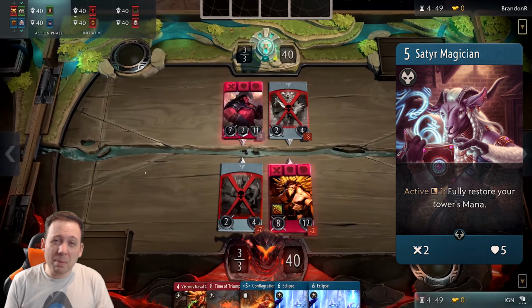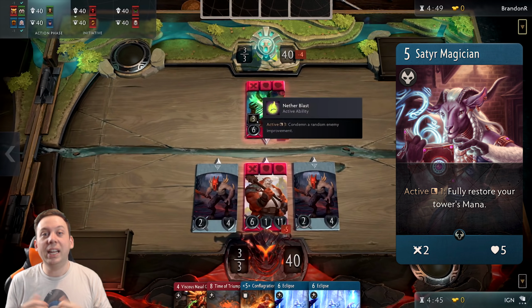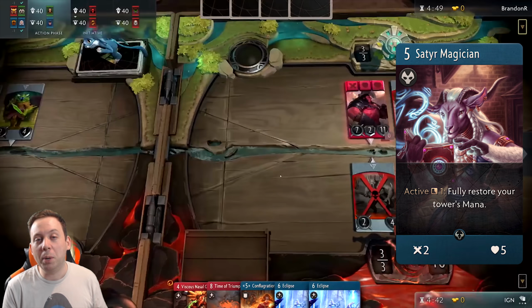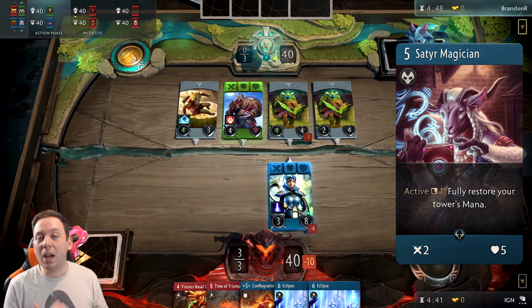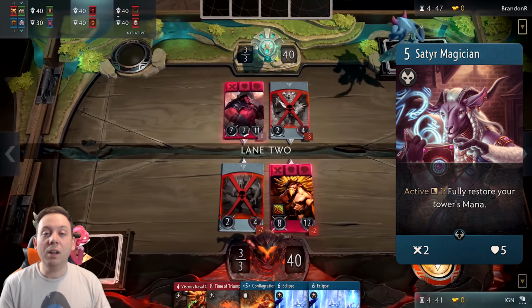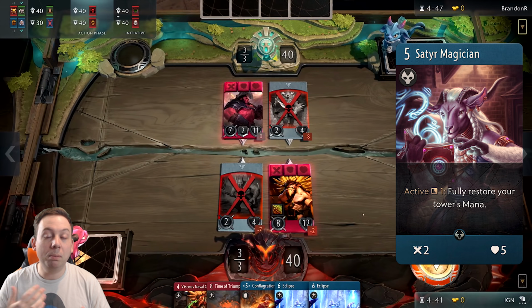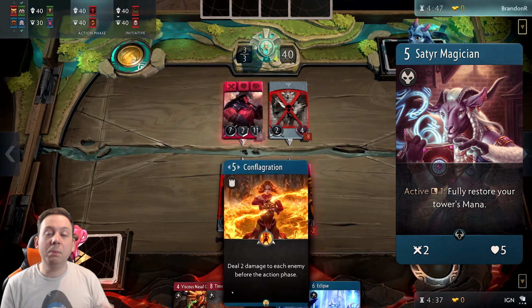And at the start of the game, I think combo decks are going to be a little bit weak because there just fundamentally isn't enough cards to create very powerful combos. So at game launch, I feel like Satyr Magician is not going to be a very popular card. People might experiment with it a bit, but for the most part, I don't think there's going to be enough cards to really support this mana replenishing mechanic. That being said, a couple of sets down the line, I feel like this card could really be a staple